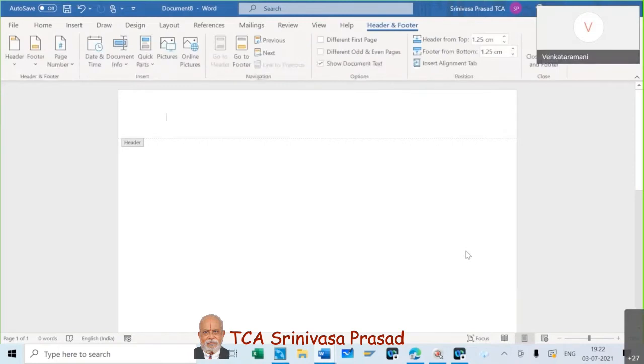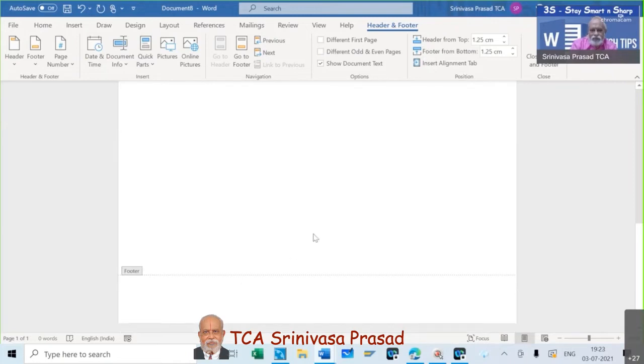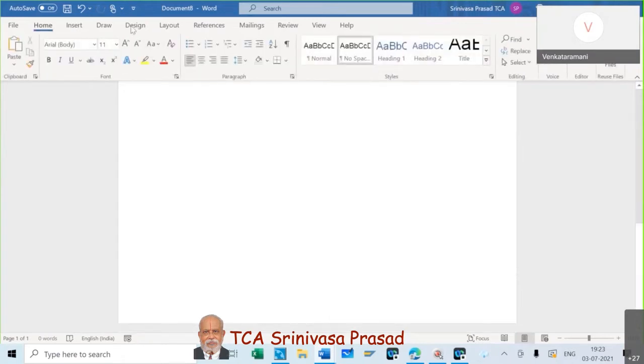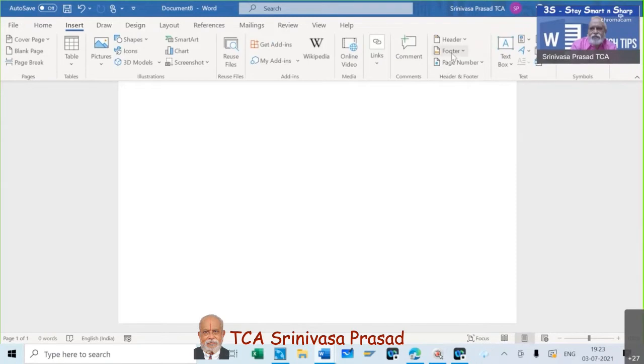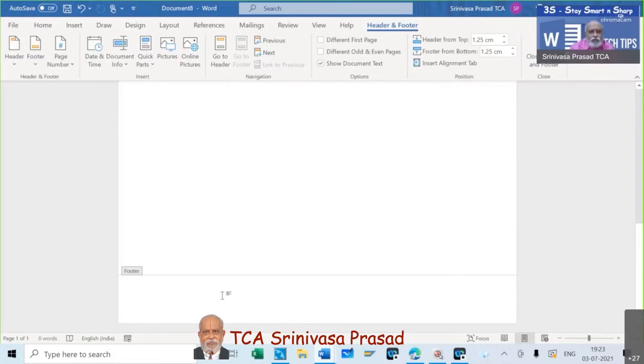So we will do this A, Vadivel and O. See, don't worry about the formats. This may not be the exact format. So this is your header, and we will come to footer. Now what we will do, we will come to the footer portion. Again, we come to insert, footer, we edit footer. In footer, we will first insert the picture of